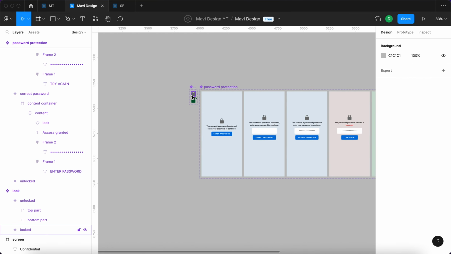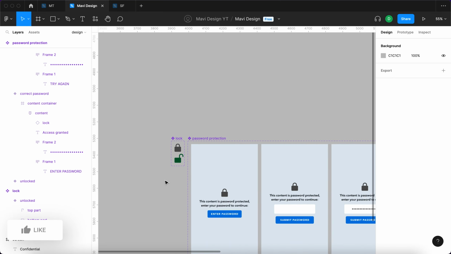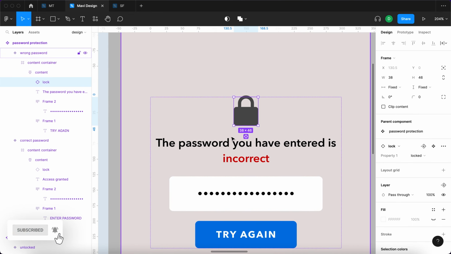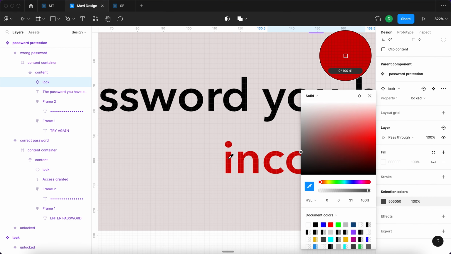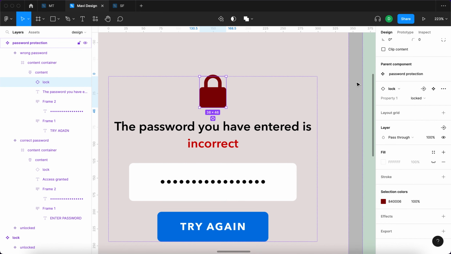And also for the locked state of the lock, I'm gonna make this a darker gray like this. It needs to be neutral. And also in this state, this specific instance of this lock could be dark red. I'm gonna sample the color from here and then just make this a bit darker to match the whole